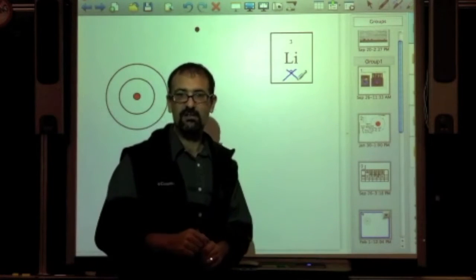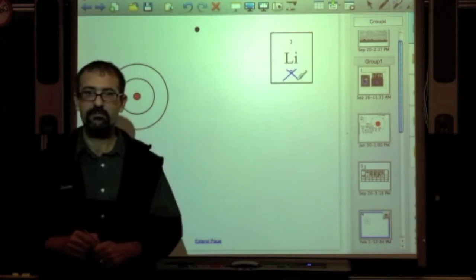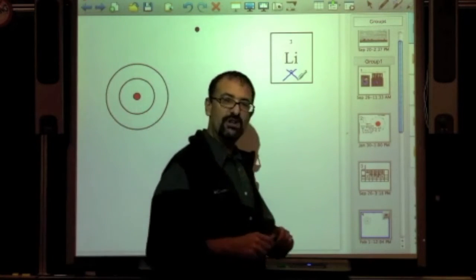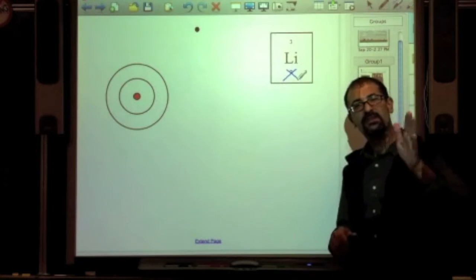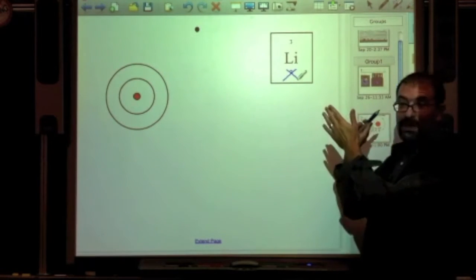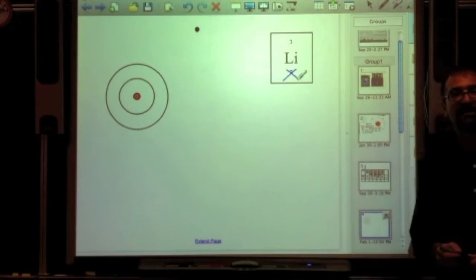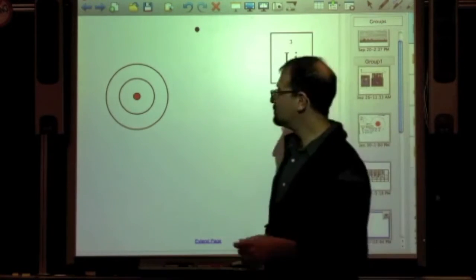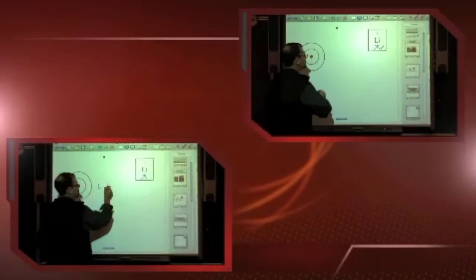How many electrons does lithium have? Well, you are all geniuses, so I'm sure you remember that the number of protons always equals the number of electrons. So if lithium has 3 protons, clearly it has 3 electrons. So to summarize,